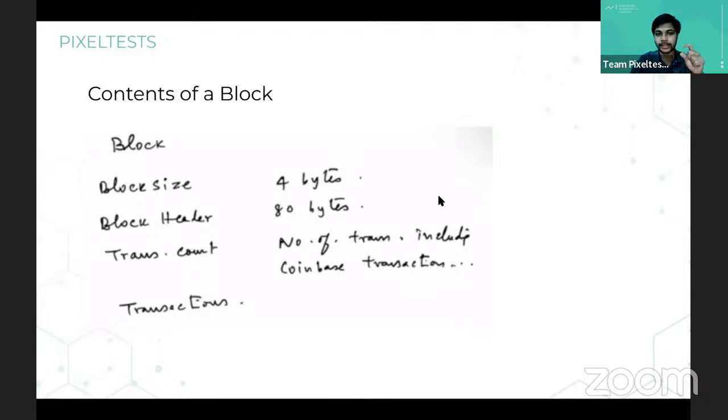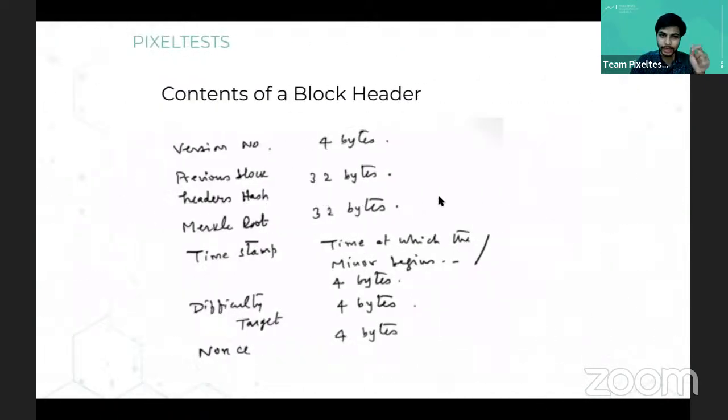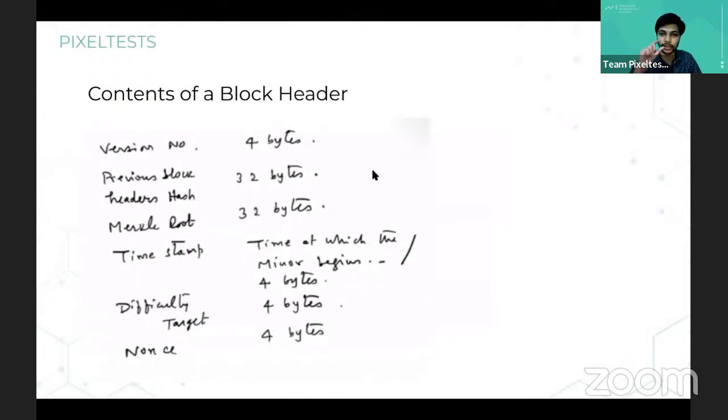So we are going to understand that. So now this block size and more details we'll try to understand. So now when you look at the block header,